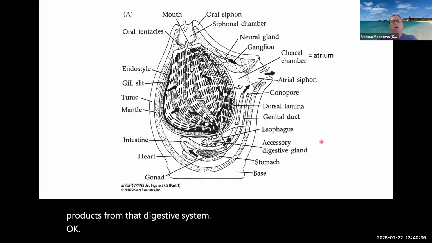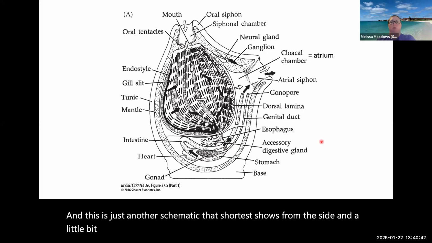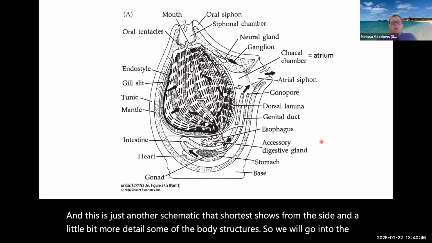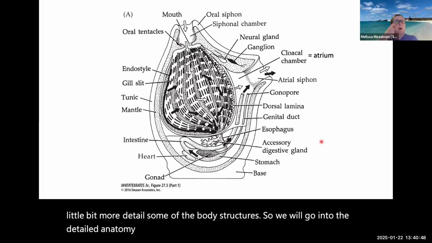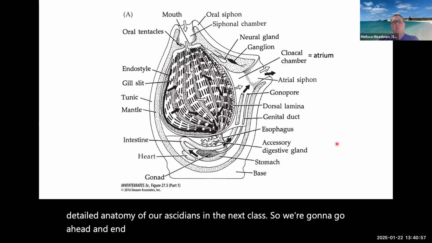And this is just another schematic that shows from the side in a little bit more detail some of the body structures. So we will go into the detailed anatomy of our ascidians in the next class. So we're going to go ahead and end for today, but